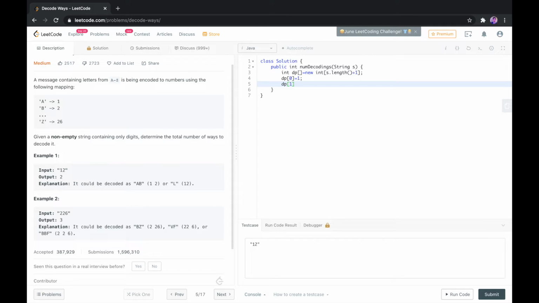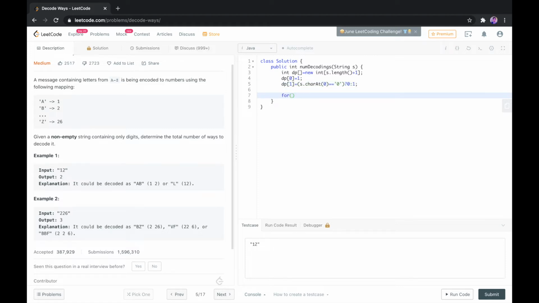And for the first position in the DP array, we need to check if the number is 0. Since the encoding system starts from 1, we do not have any encoding for 0, so we need to check for that particular number. If it is not 0, we place a 1, otherwise it remains 0, which is insignificant. If for the first position we receive a number 0, we store 0, otherwise we give 1.